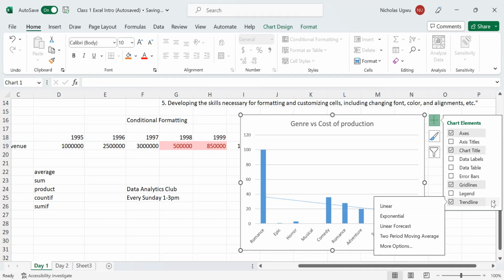You may never have to use exponential or a two-period moving average or linear forecast. Because linear is so popular, linear is the default. So if you click on linear, just to make sure,